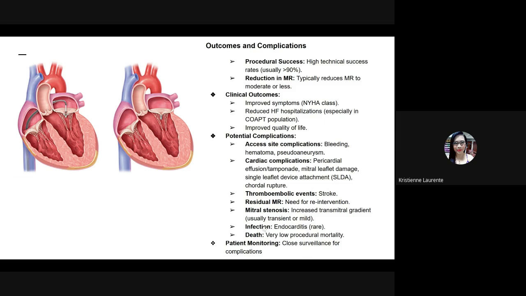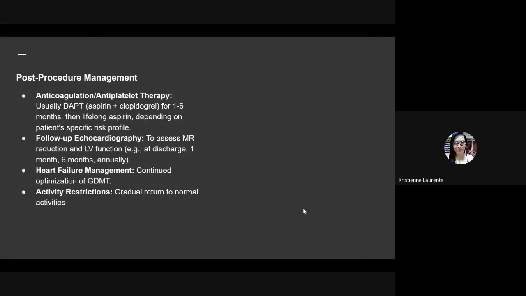And of course, as with any procedure, there are chances of complications. But in mitral valve clipping, that is very low, but still the chances are there. So patient monitoring requires close surveillance for complications. As critical care nurses who manage patients post mitral valve clipping, same with other procedures, our management is very